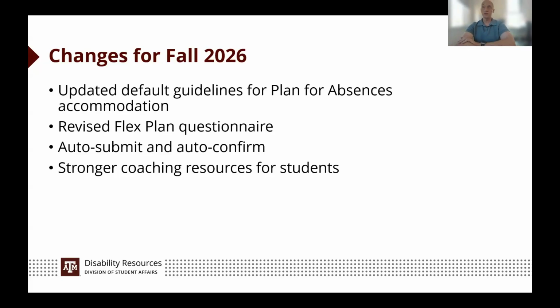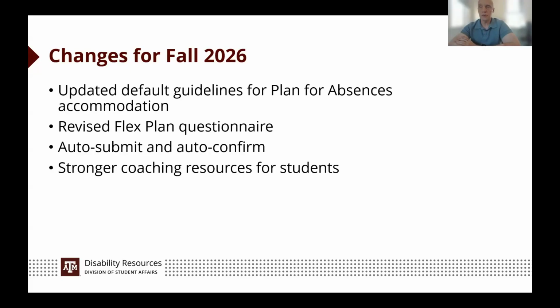Auto confirm is the student side of this. So I mentioned the disability related absence notifications that students will submit when they need to use the accommodation. And while we were getting hung up on approving plans, and most of the time it was about 200 or 300 plans that went without response last semester, we also had difficulties getting responses on absence notifications. And I largely think it's because it's a new thing and inboxes are super busy. But absence notifications went unattended.